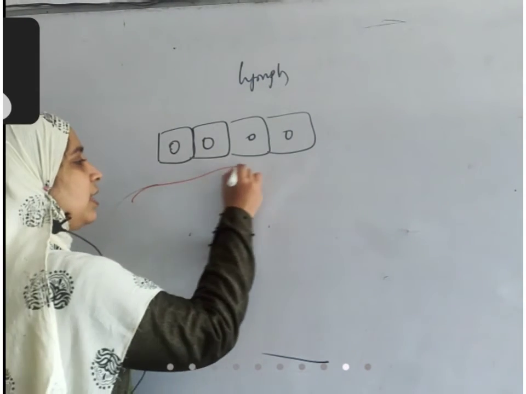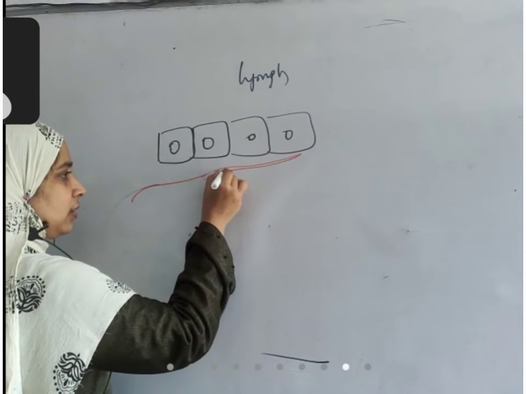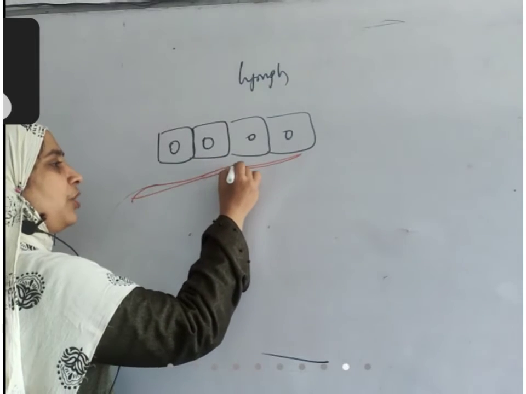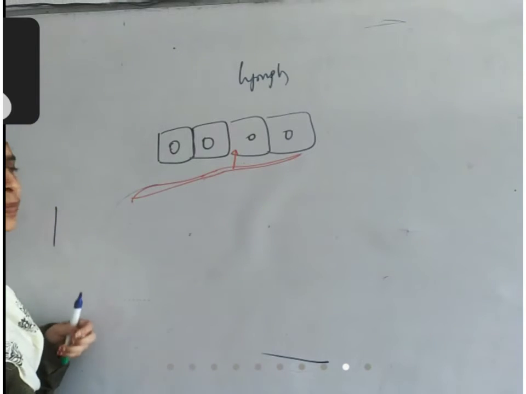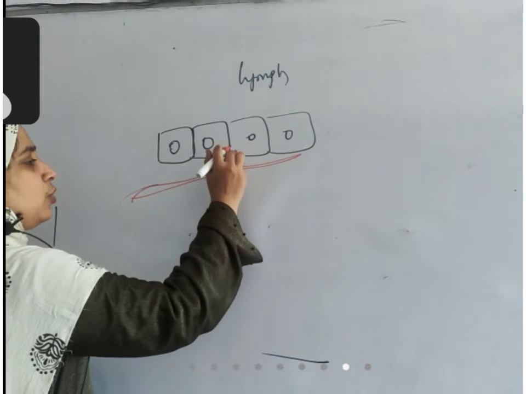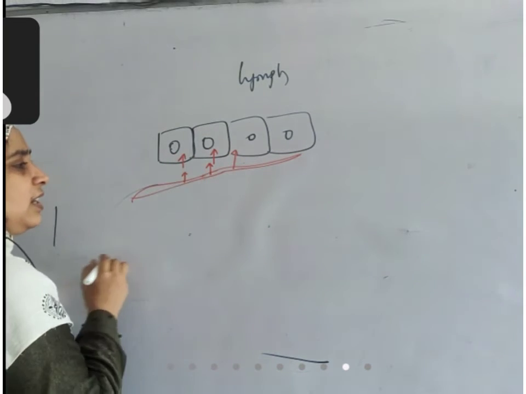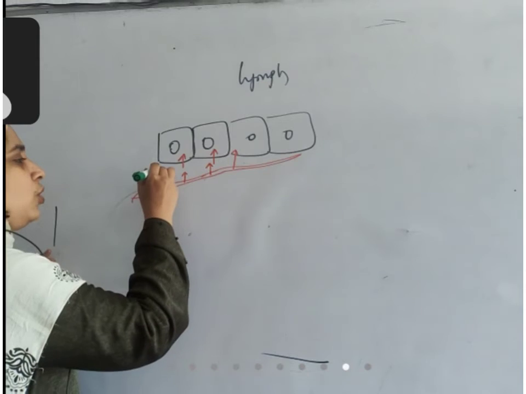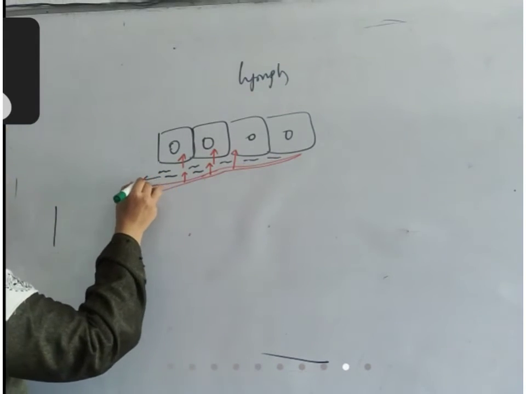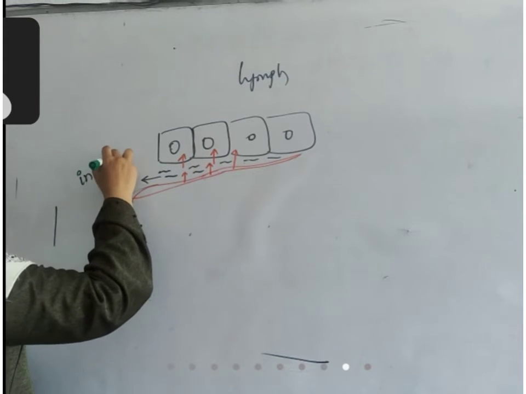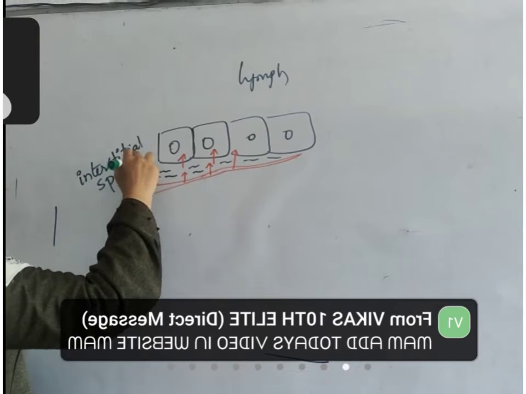This is a blood vessel passing through these tissues, a capillary. From this, nutrients will enter into tissues. It will first enter into the space that is present between the cells, then it will enter into the tissue. When it is entering this way, some amount of fluid will be left back in between the spaces. These spaces are called interstitial spaces. Interstitial spaces are the spaces between the tissues.